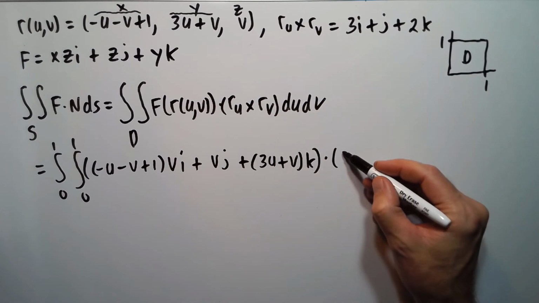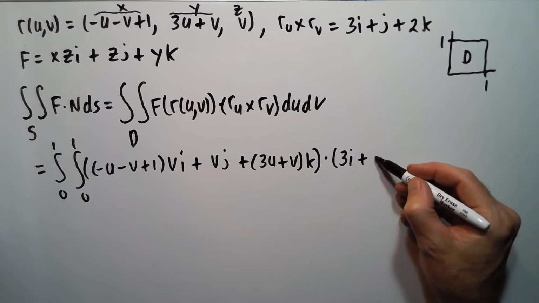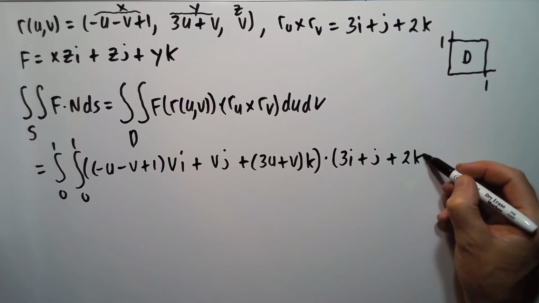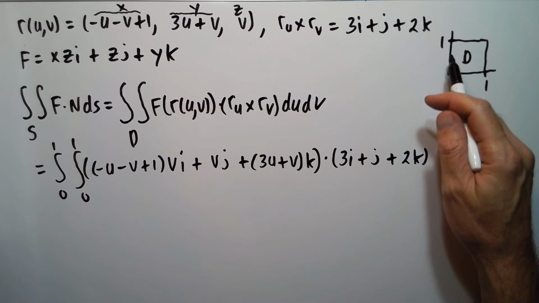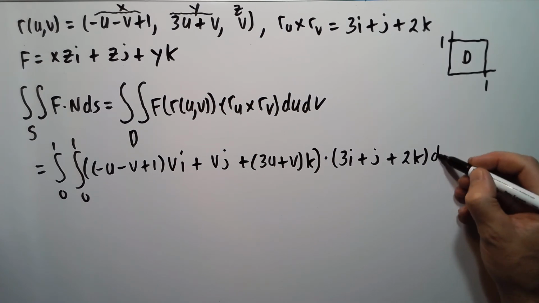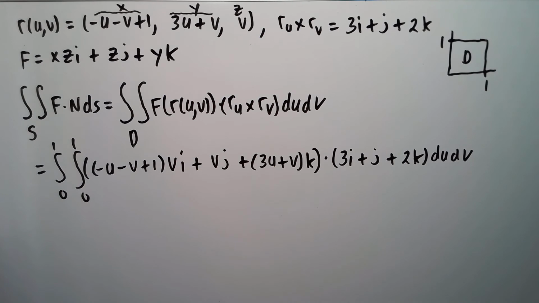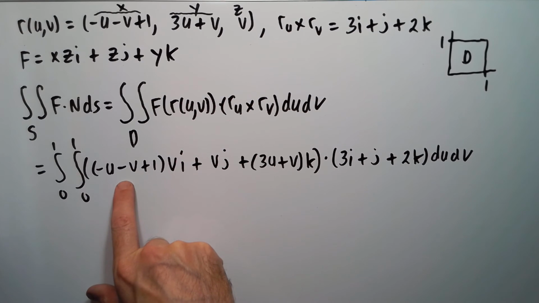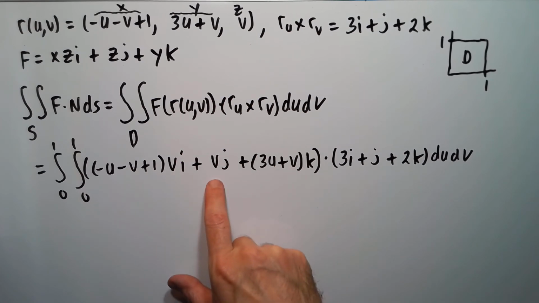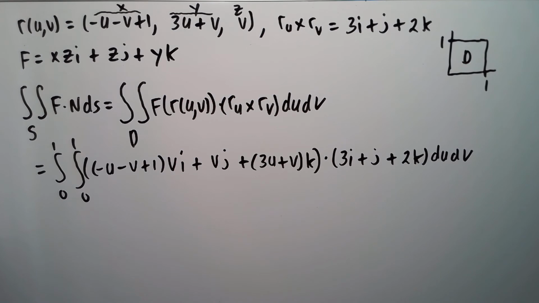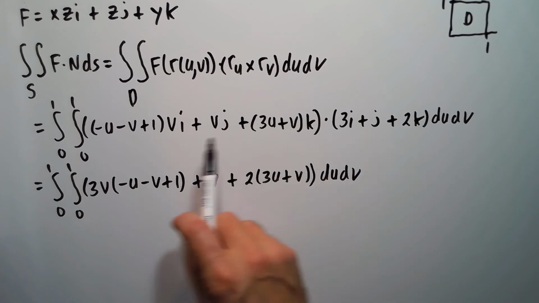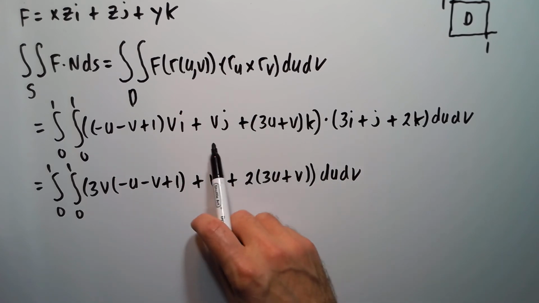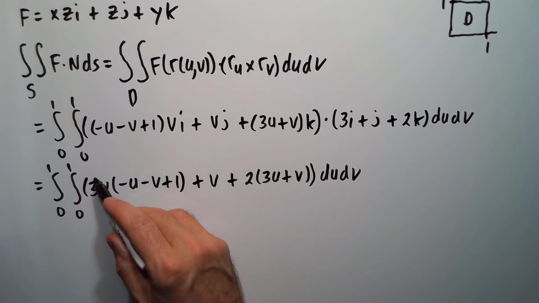So dot it with 3i plus j plus 2k, du dv. I could switch those around, it doesn't matter since we're integrating over a square here. Let's keep it as du dv. So we got to there. Now let's do this dot product. We multiply the i components, multiply the j components, multiply the k components. So doing the dot product, it'll be 3 times this guy, v, and 2 times this. Then multiplying this in,